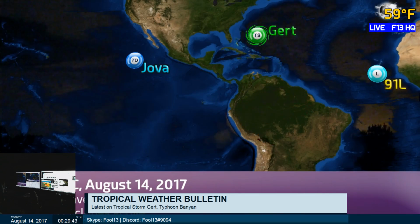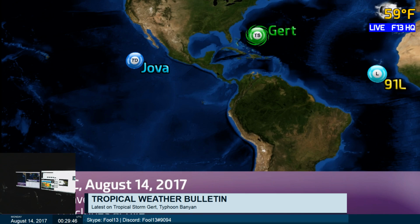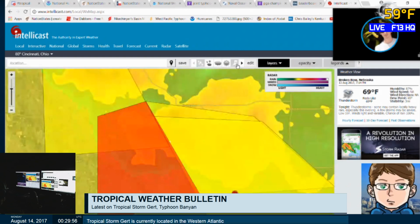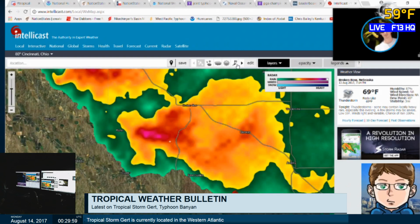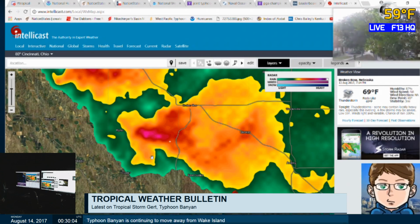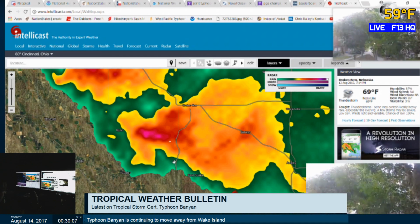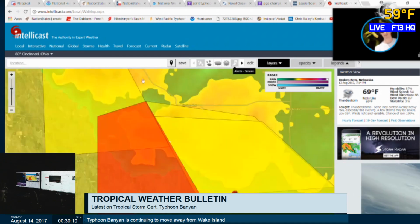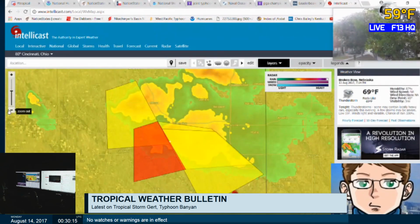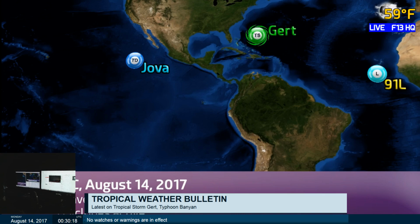deviation in its track. This is some pretty heavy rain here. Look, hail core maybe? I don't know. Maybe. And that's in Nebraska as well, is it? It looks like it, I believe so. It's pretty much under the tornado warning. Yeah, you can see kind of the bow echo there to the bottom of that hail core. It's pretty clear why they issued the tornado warning for that. Yeah, another really good indicator for tornadoes is the hook echo. All right. No new updates on the warning itself, but when we do get some, I'll be sure to read